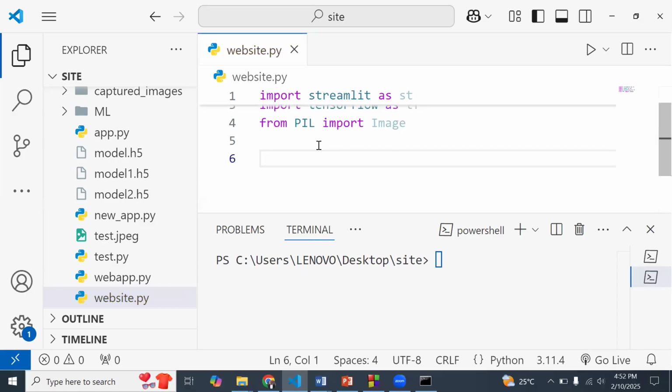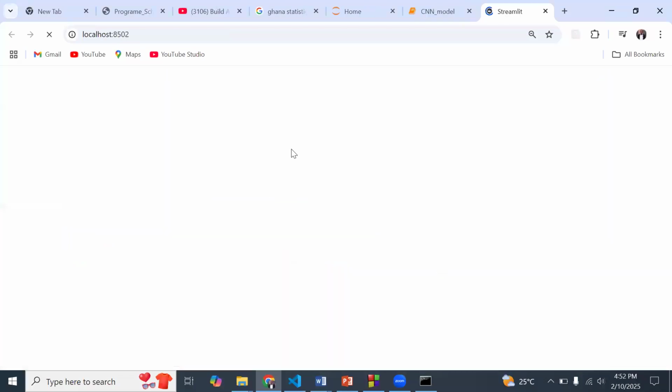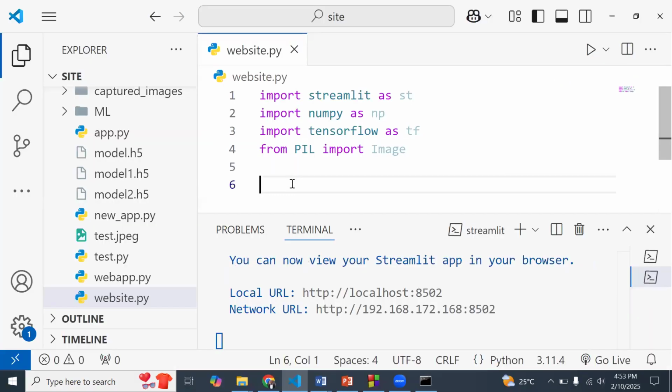So what I want to do right away is to start running this. I can just do streamlit run, and then the name of the application, which is website.py. So I'll run this, and it is going to run on a local server. So basically, this is what we have. We haven't done anything too extraordinary to our website yet. So I'll proceed to get some text.